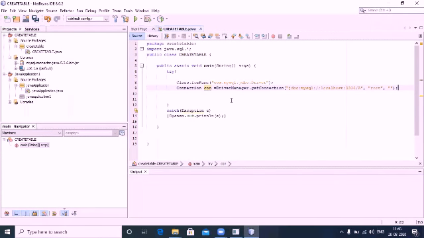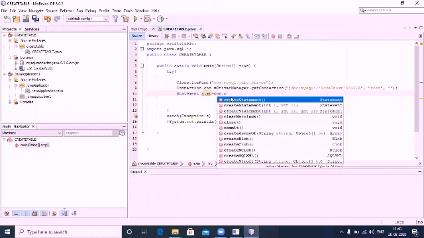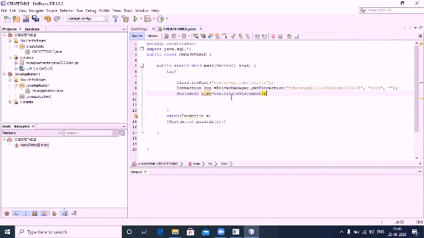Now we have to create the statement, for which we will write Statement stmt is equal to con.createStatement. Now, by taking a string, we will create the table, and inside this string the table data gets stored.